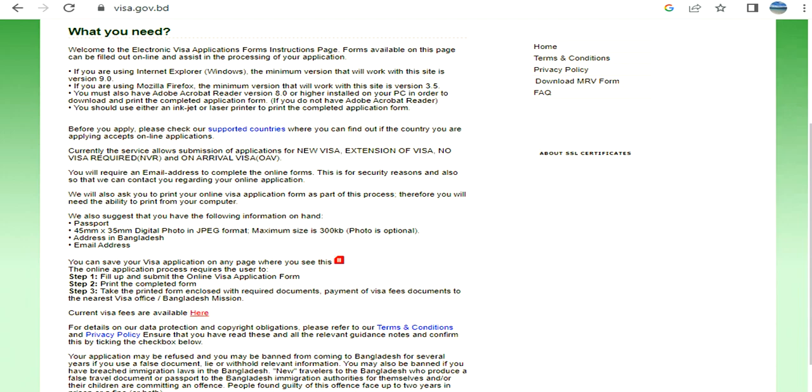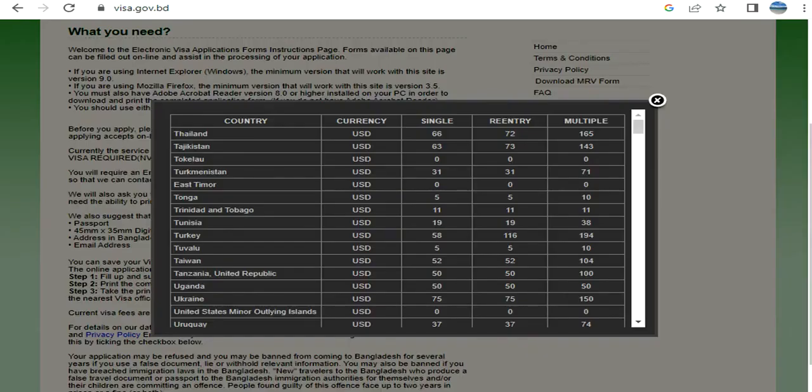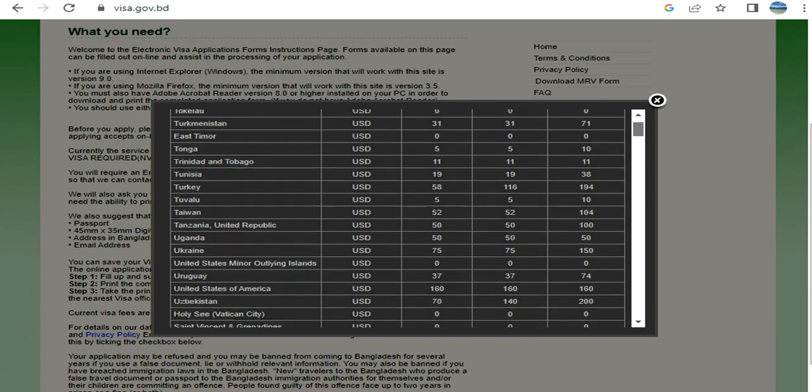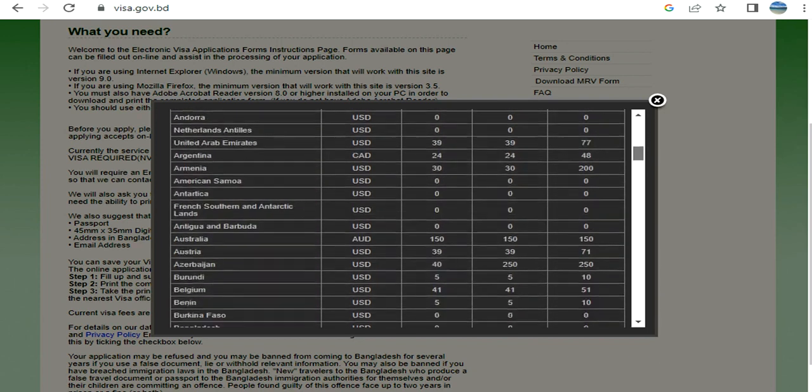So if you want to check the visa fee, you can click here, and it's based on the country. So let's say if you are from Canada,